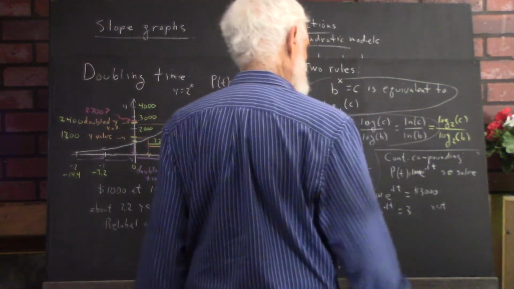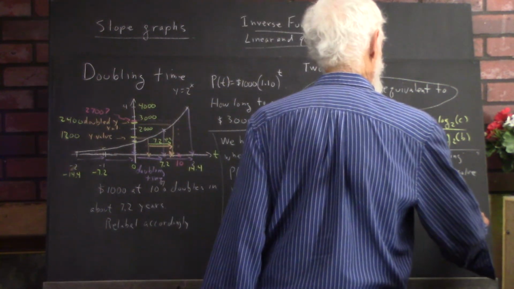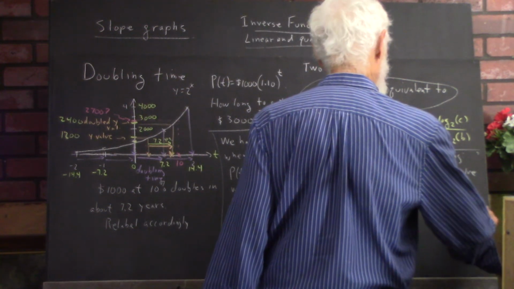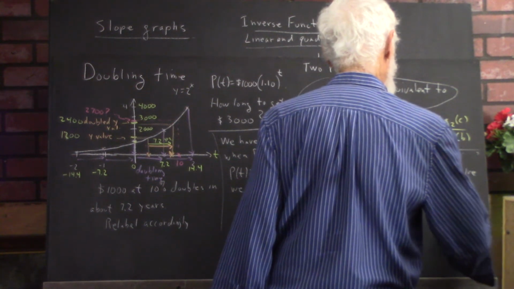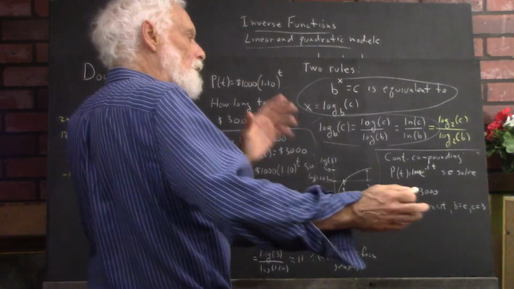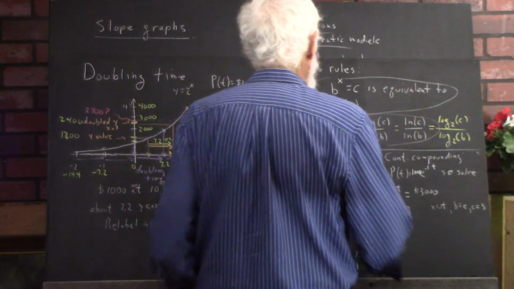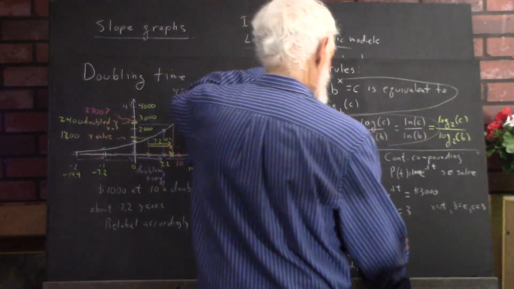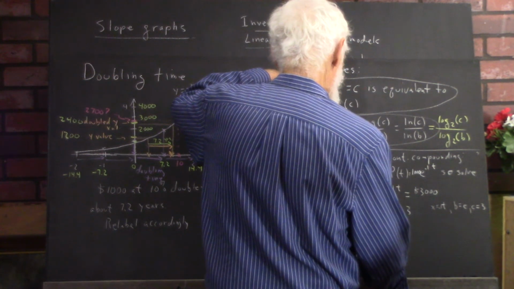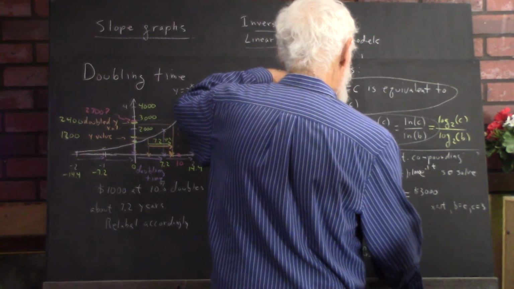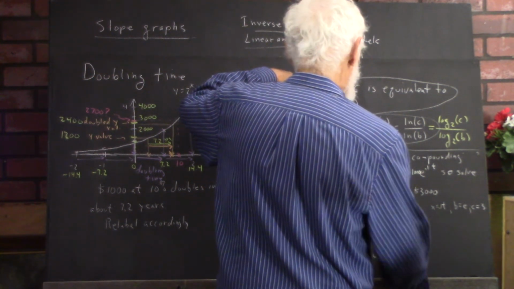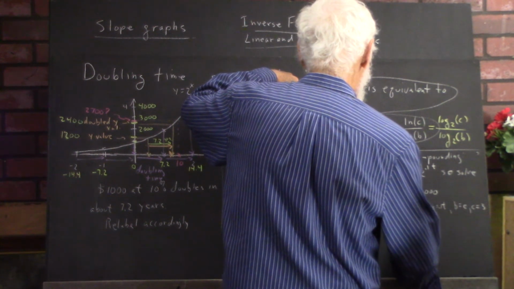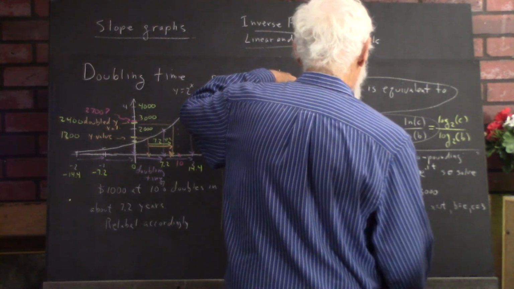X is 0.1 t, b equals e, c equals 3. Jot that off to the side someplace so that you can translate it correctly and efficiently. Okay, so we get 0.1 t equals log base e